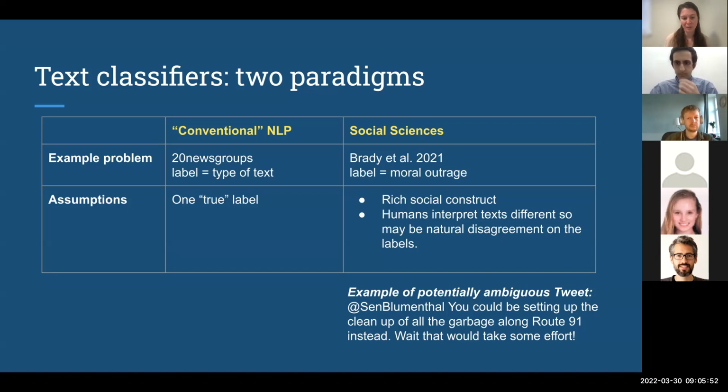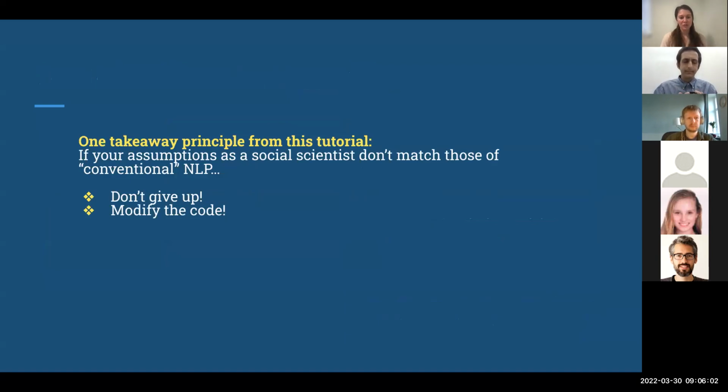And so what we're going to talk about throughout this tutorial is how do we use things like this natural disagreement and the probabilistic uncertainty there and propagate it downstream. So if you take away one thing from this tutorial, I want you to take away that if your assumptions as a social scientist don't match those of conventional NLP, you don't have to give up. You don't have to stop right there. You can actually modify the code and modify your entire pipeline,